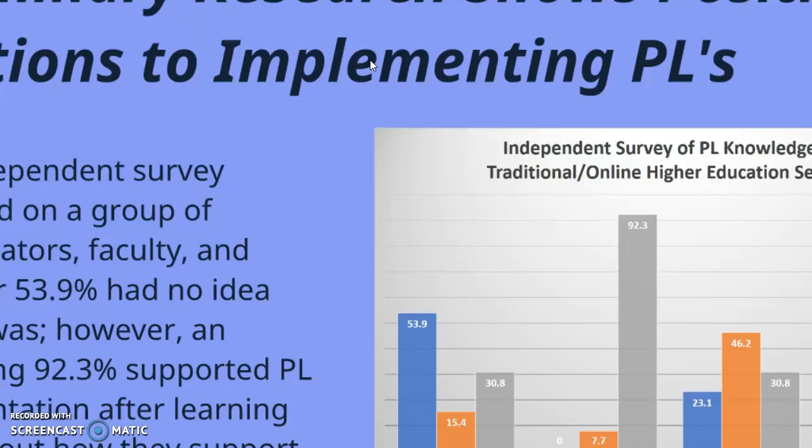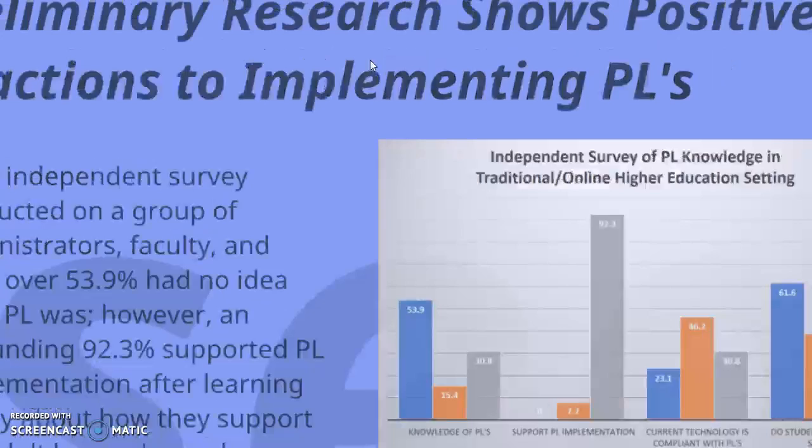It must also be noted that in terms of implementing technology with a personalized learning environment, there's a big mix on whether or not they feel that their schools are compliant and ready to handle the rigorous needs of a personalized learning environment that requires technology. 23.1% say they don't agree that their school has the necessary tools and resources to handle it, while about 46.2% believe that their schools do, and 30.8% agree that their schools are compliant and could handle a personalized learning environment within their classrooms.